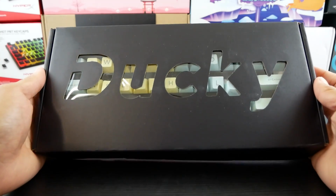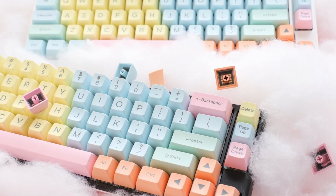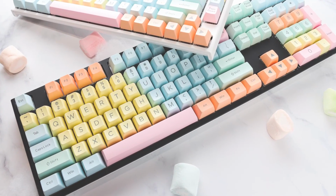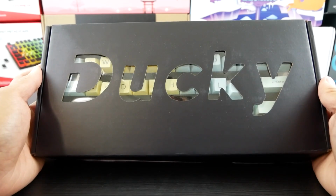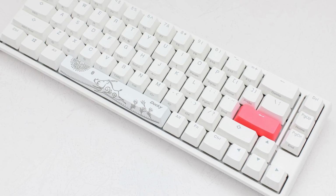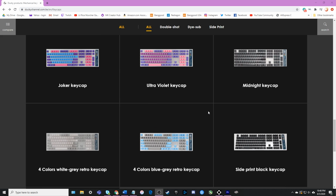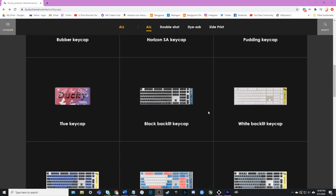Ducky recently released a new cotton candy keycap set that includes 108 keycaps made of double-shot ABS and the SA profile. Of particular notice is the fact that this keycap set comes with proprietary keys needed for Ducky's popular 1-2 SF. Unfortunately, before this point, the only keycap set that Ducky produced that would fit this board was the Tfue